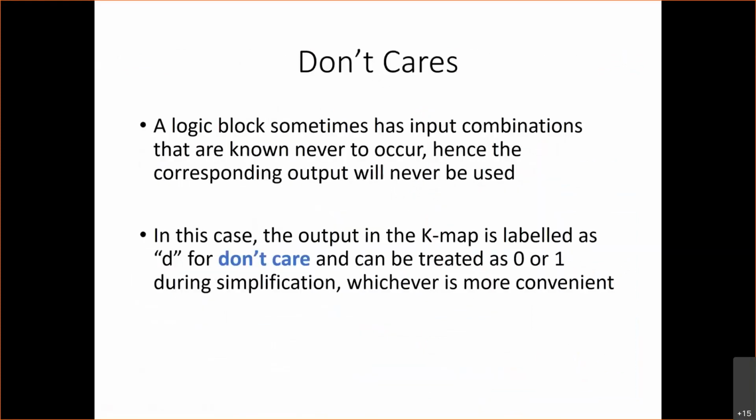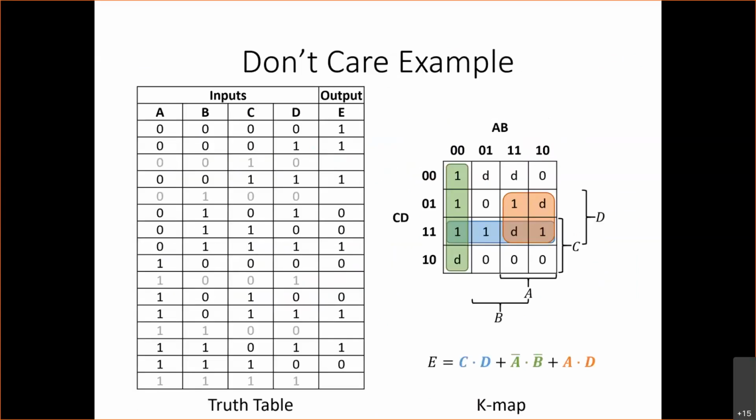And we also looked at don't cares, which were cases where we didn't care what the output was because maybe the input combination is something that was not likely to occur, or that would never occur. And we saw how we dealt with don't cares inside of a Karnaugh map, and we saw how we can use our don't cares as 1, or we can use them as 0, depending on whichever is convenient and whichever gives us a more efficient